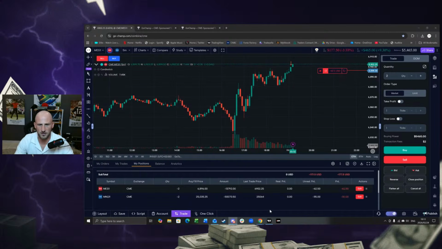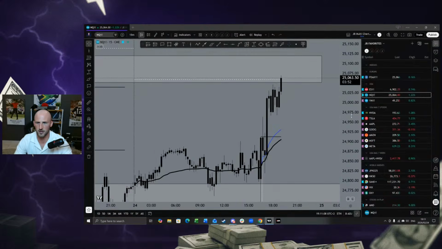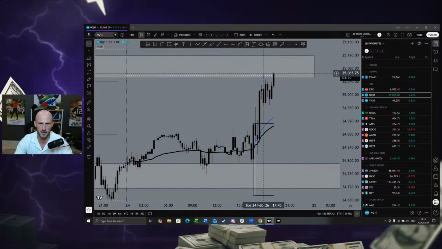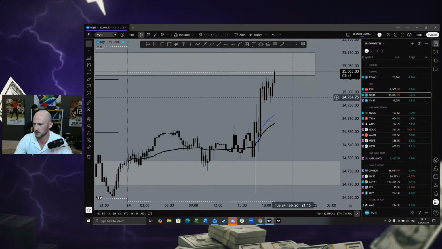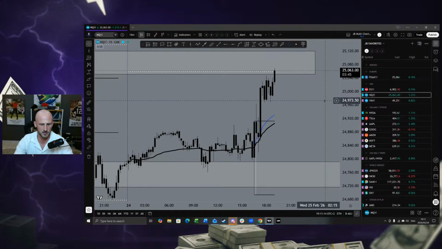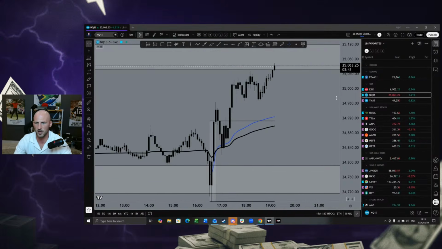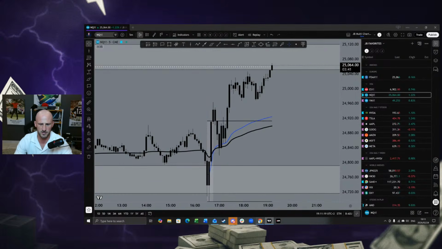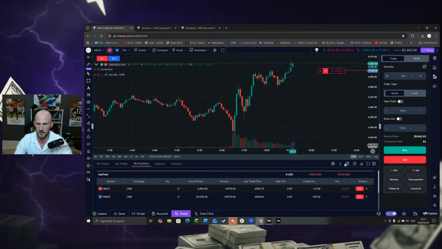Perfect. I might have to cut this if it doesn't actually respect this level. Yeah, we have just touched into previous day's highs, which is that white dotted line coming across my screen. Again, as I said, it is a counter trend trade, but I made money from that level earlier. I'm seeing if I can do it again right here at the minute.